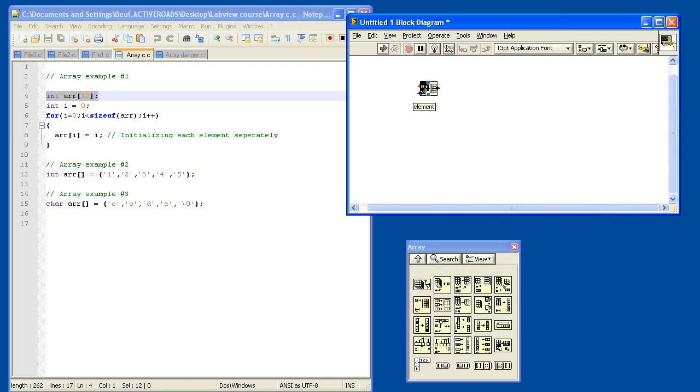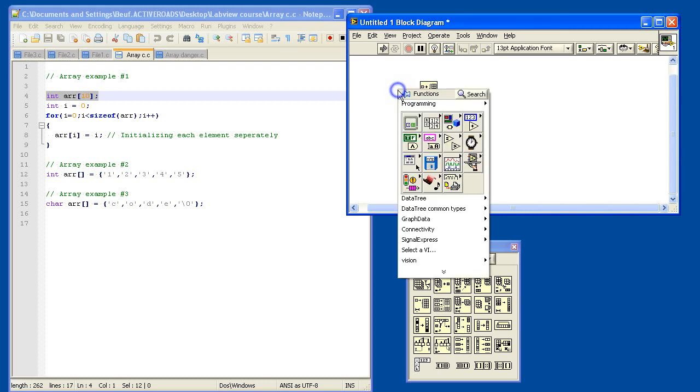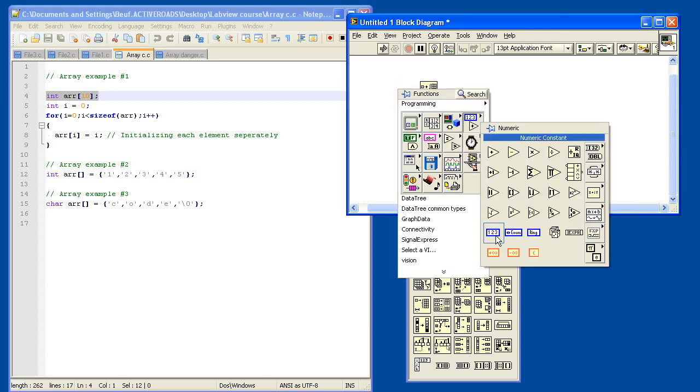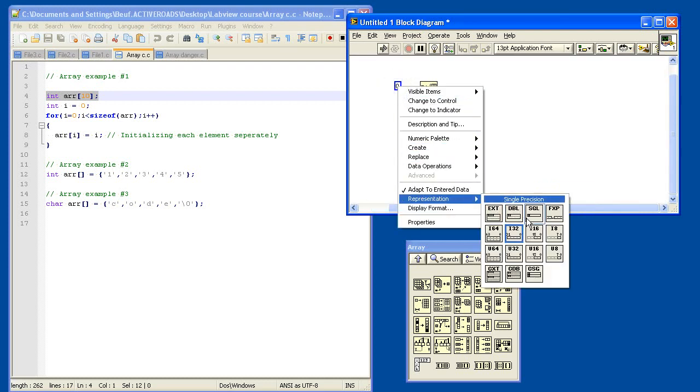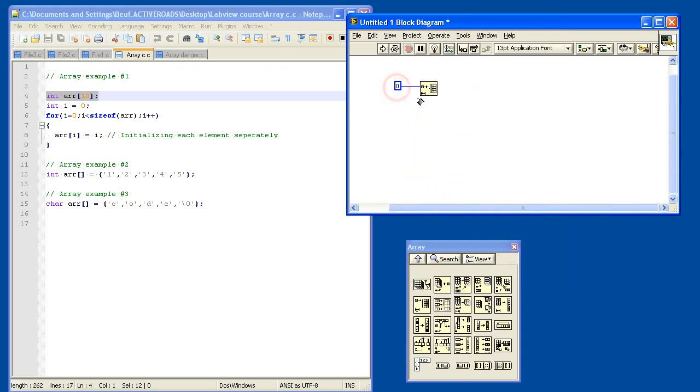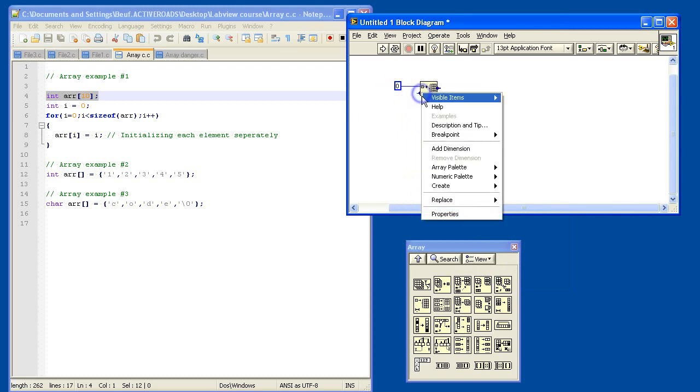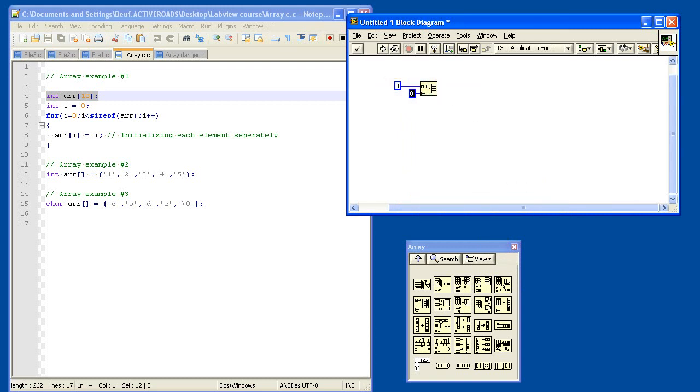Here I can define the content of the array. So now I can say a numeric constant, and I can select every representation I like. If it's an integer, I say okay, integer 32-bit, that's good enough for me. And here I can determine the dimension size, and I can say